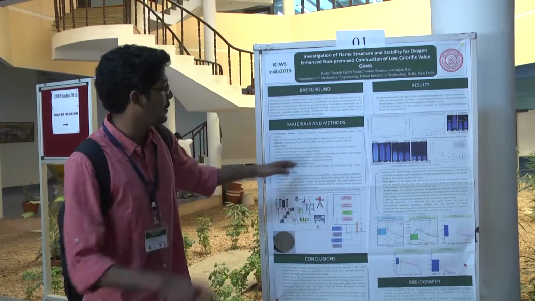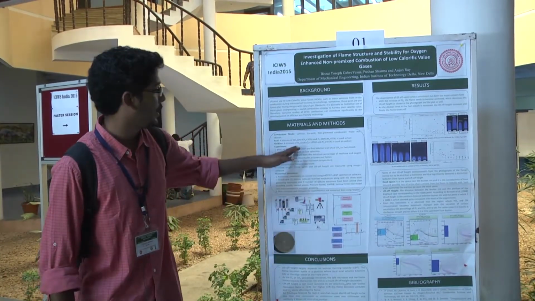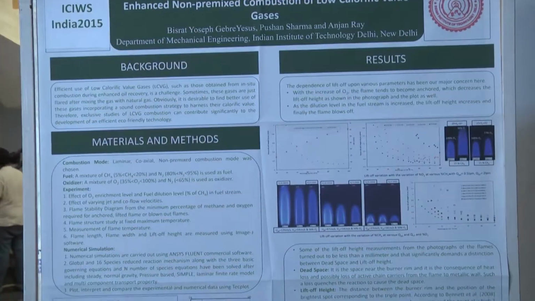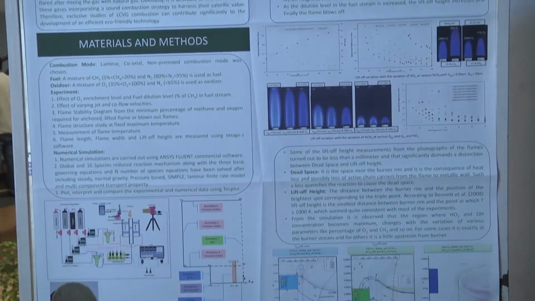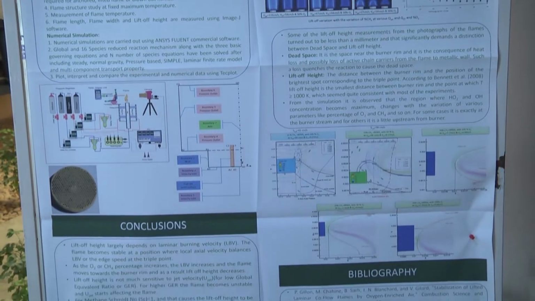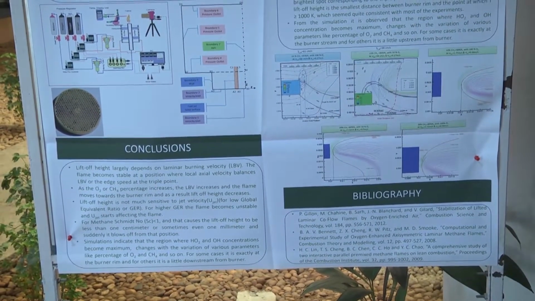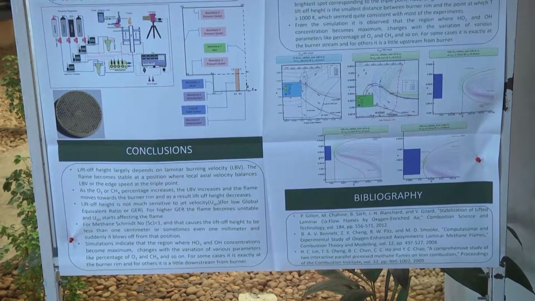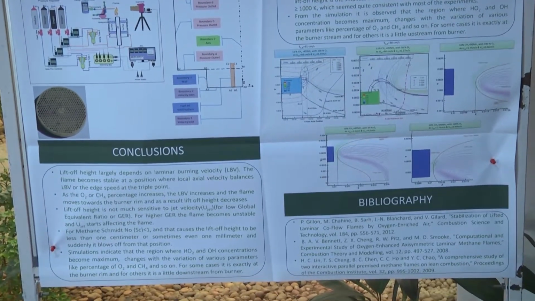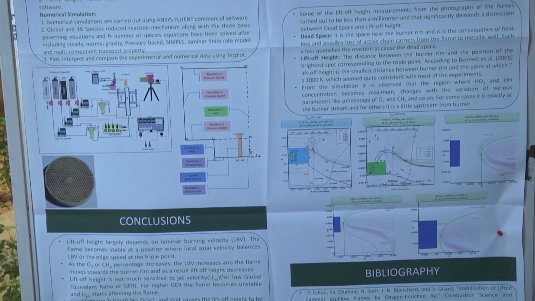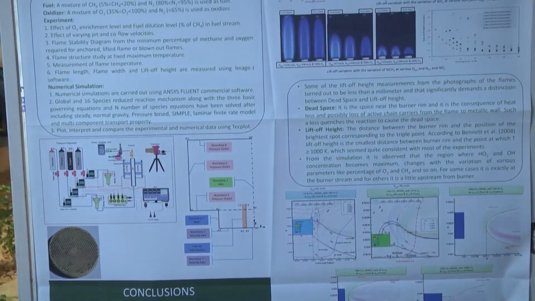Here I am using a co-flow burner like this, using methane as a fuel, like 5% to 20%, varying it, nitrogen the rest of it, and on the oxidizer side, it is an oxygen and nitrogen mixture. I am varying it by volume. Now I am doing a lot of things, experimental, some simulations, but the thing that I am focusing on is the lift off height. So the experimental lift off height that I have got is almost in the sub-millimeter ranges. So that is something we are really concerned about.